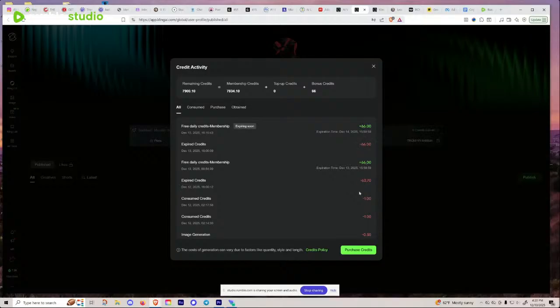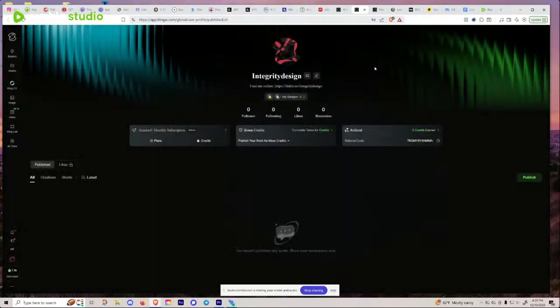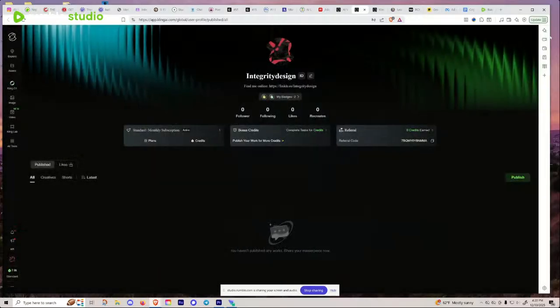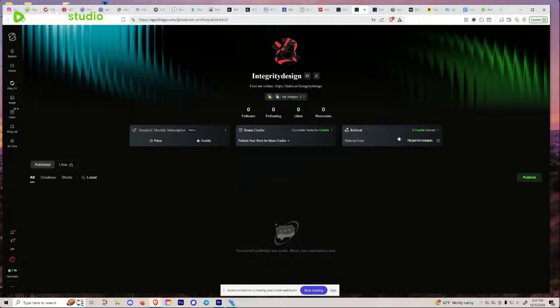So I think this is a really cool feature. I don't see a lot of other AI softwares utilizing the same type of business model or feature. And if you want to use it, that's the way you can use it for free. And I guess they give you some points and credits and badges and all that stuff too. But anyways, then there's a third part to it. They have a social side of it.